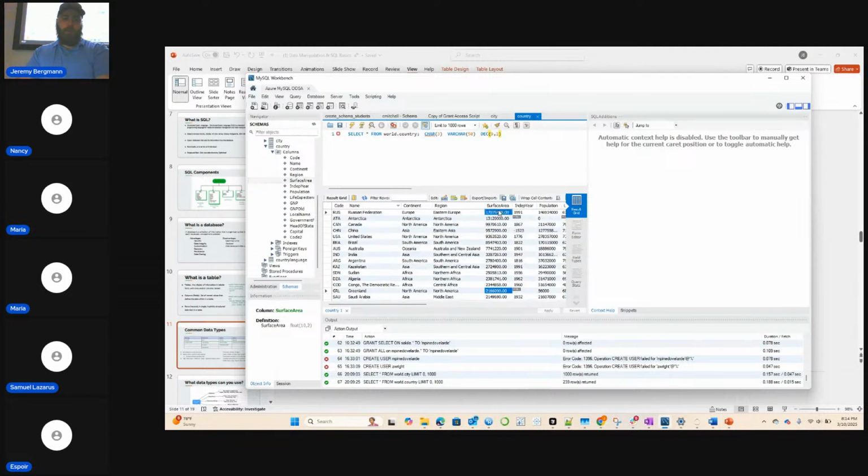Since I said 9,2, there's probably one of these with 10 digits. Yeah, Russia would be the biggest one with the largest surface area. So 1, 2, 3, 4, 5, 6, 7, 8, 9, 10 digits. So that's why they said it was a 10,2.